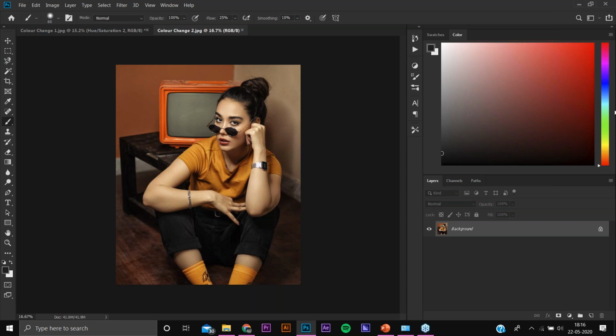I wanted the color of this TV and both the side walls to be the same color as the girl's t-shirt. So we will be doing it.